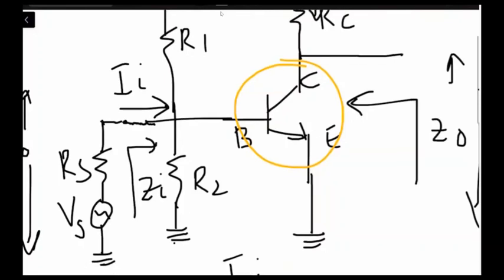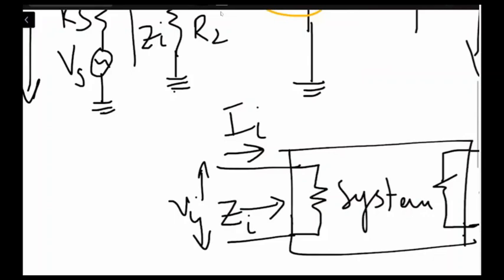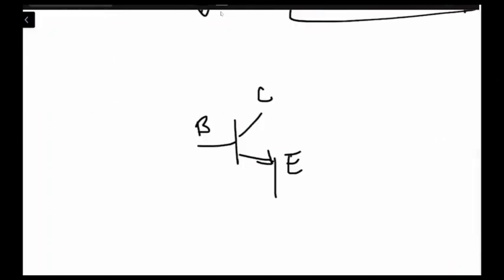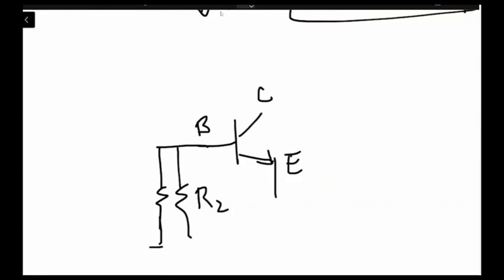So at the base we have R1 and R2 connected. We can connect R2 as well as R1, and the third thing is